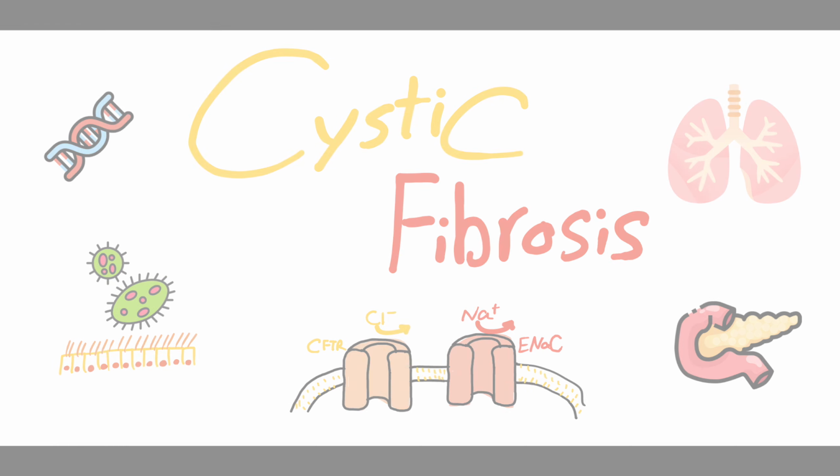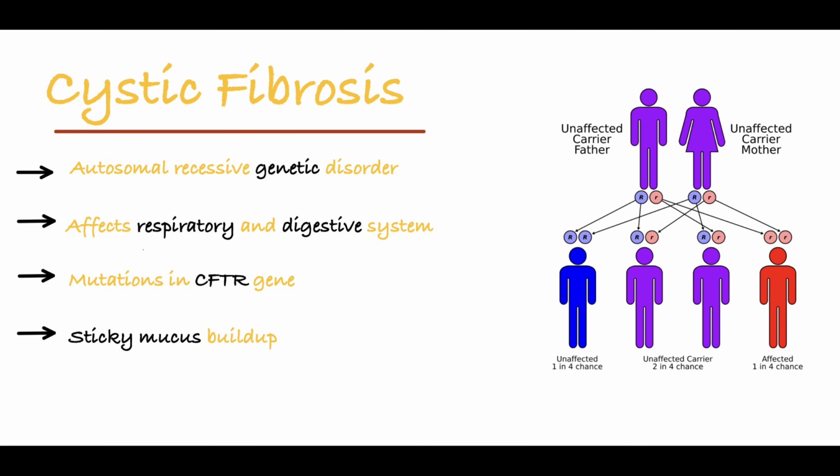Let's get started. Cystic fibrosis is a life-threatening autosomal recessive genetic disorder that primarily affects the respiratory and digestive system. It is caused by mutations in the CFTR gene, which encodes a chloride channel essential for maintaining fluid balance in epithelial tissues. The dysfunction of CFTR leads to thick, sticky mucus buildup in multiple organs, causing progressive damage and severe